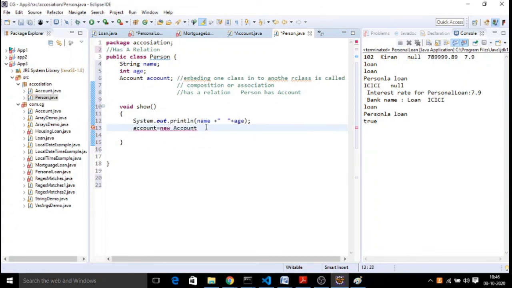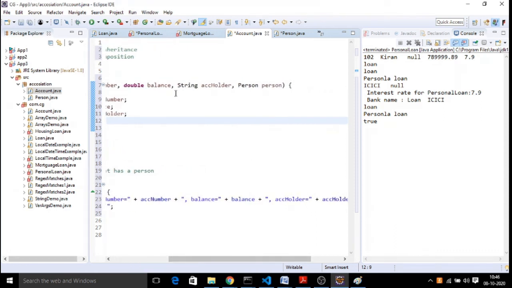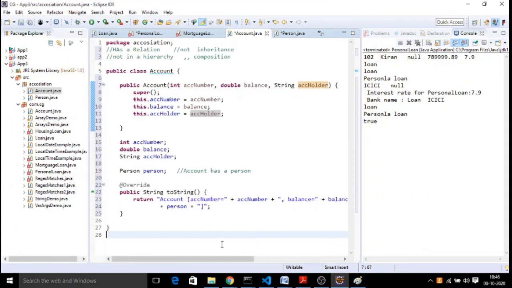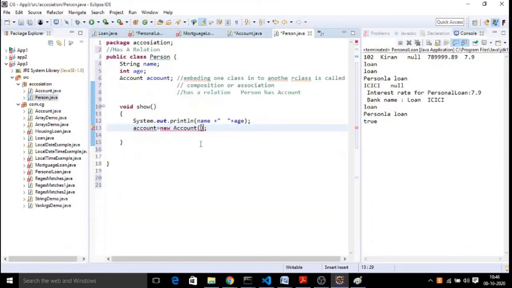you create and pass the data. What are the details you wanted to pass? For example, in my account, I don't want to give the person details as of now. I just want to give the three parameters of my current class: account number, balance, and account holder name. Let me create that object here.